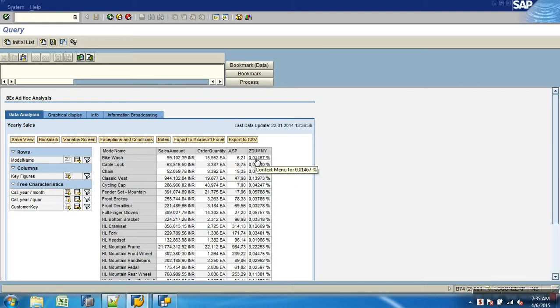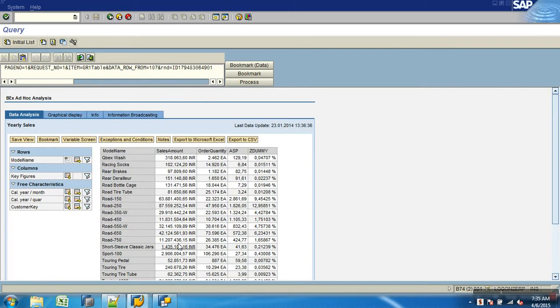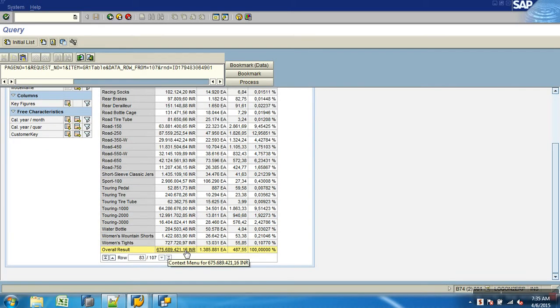Now it is 0.01%. So 99,000 is only 0.01% of something like 6 crores. Look at this one, 92 lakhs, it is around 1.3%, because it is calculating the percentage on what? On the overall result. So now I've got only the overall result, that's why it makes sense.